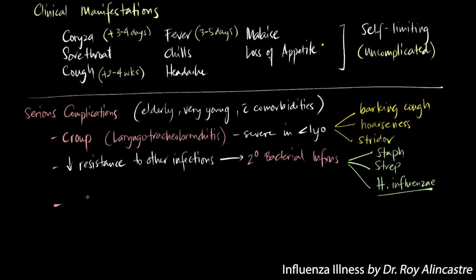And another important complication found in children and adolescents from 2 to 16 years old is a syndrome that presents with encephalopathy with a high mortality rate. This is your Reye syndrome, which is even more likely to happen if you give aspirin to these children. Remember? Okay, so how do we diagnose influenza infection?